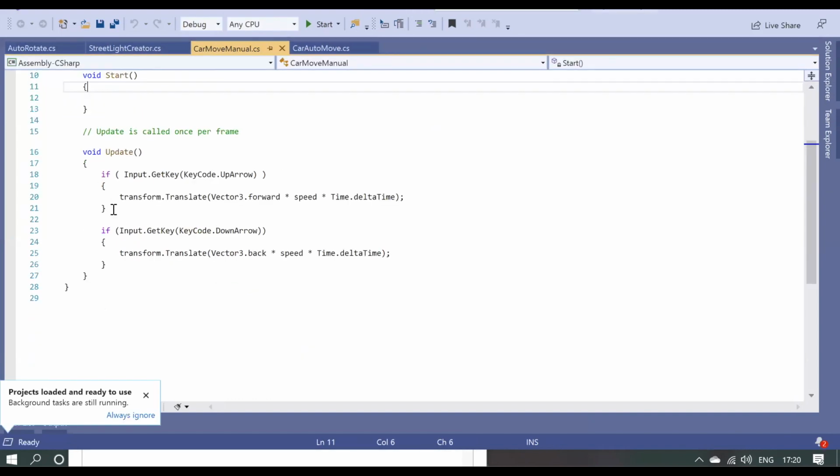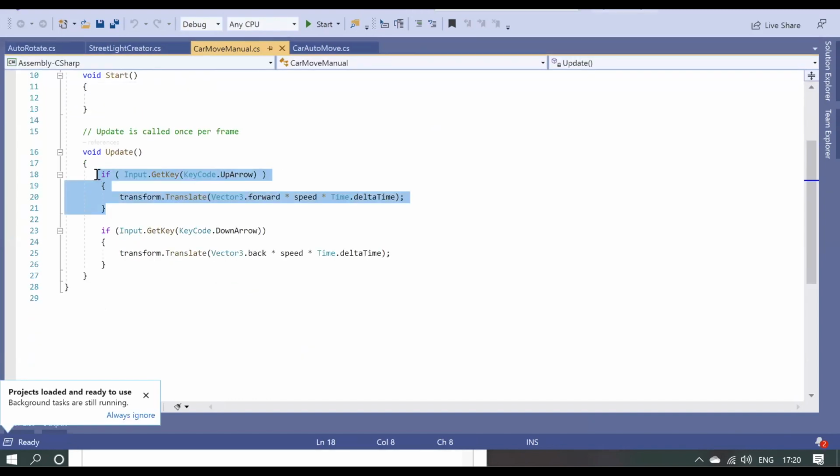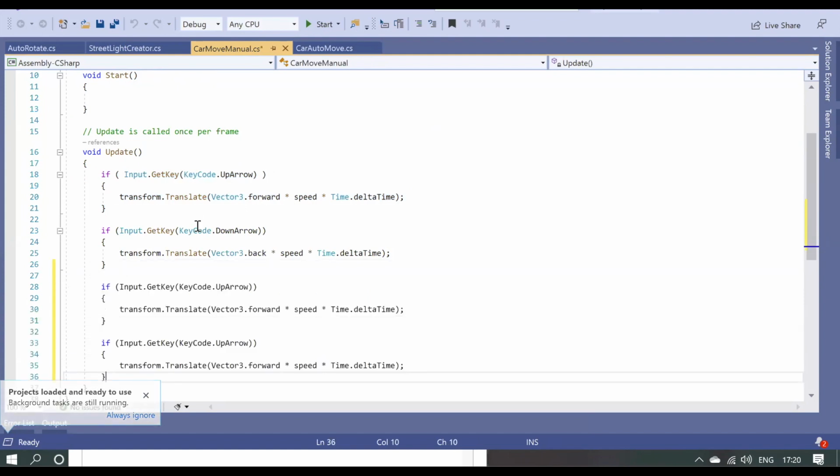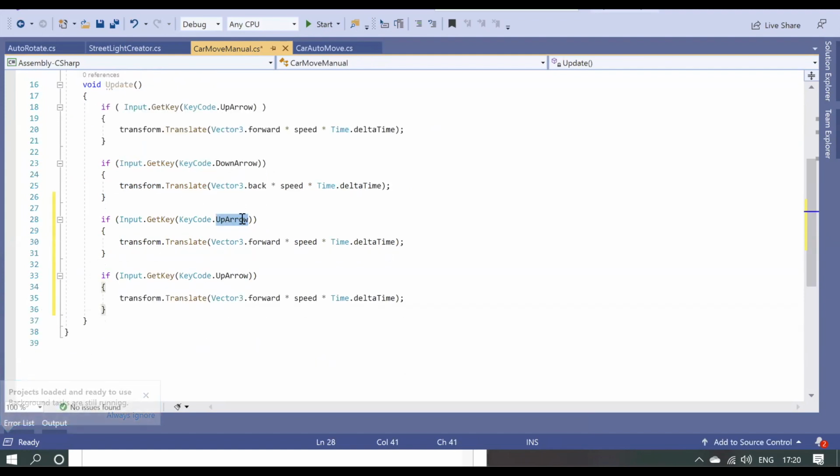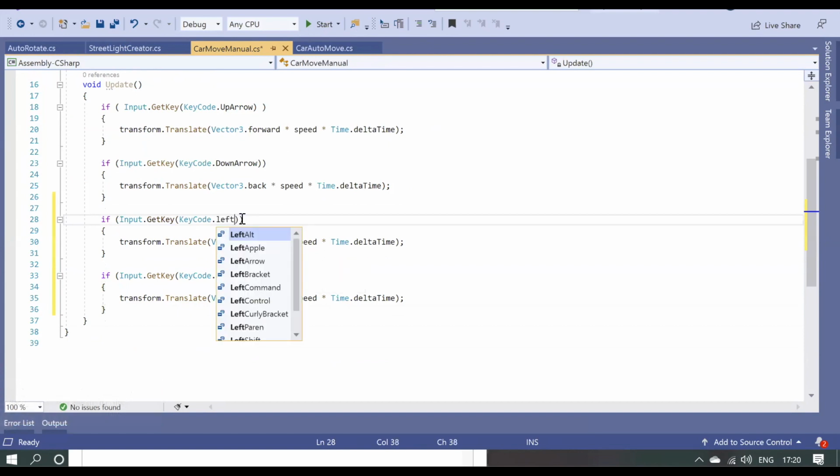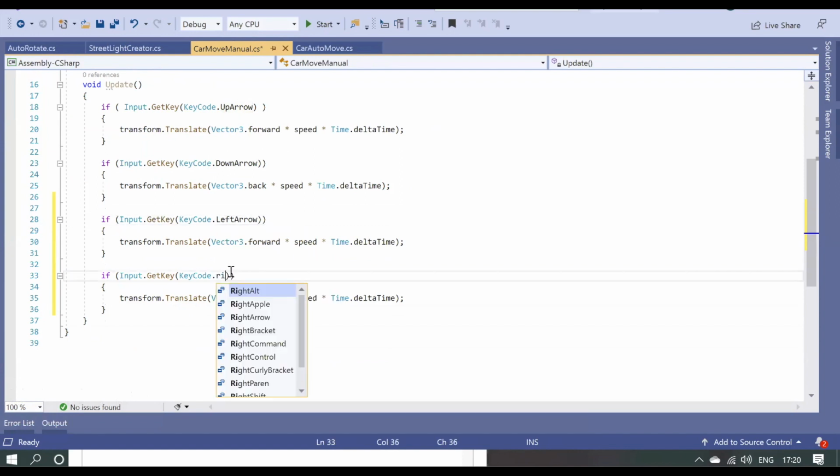So instead, I'll try something. Just copy paste the code. I pasted the code 2 times. I'll put left arrow and right arrow.